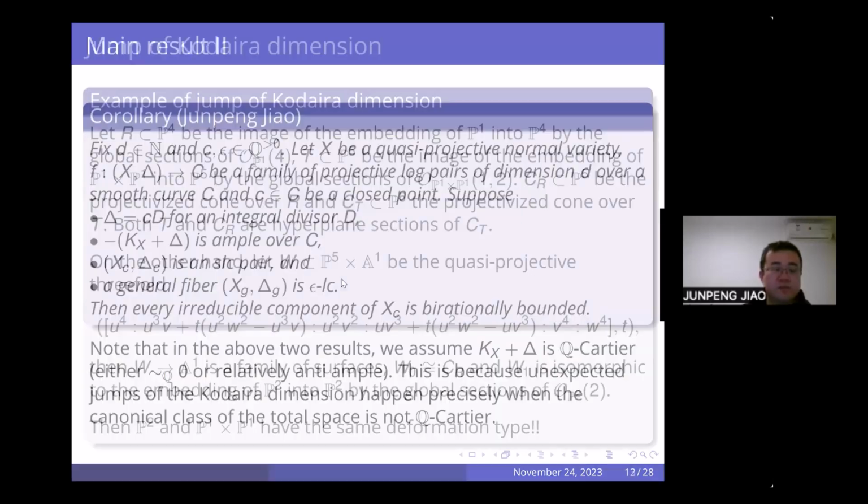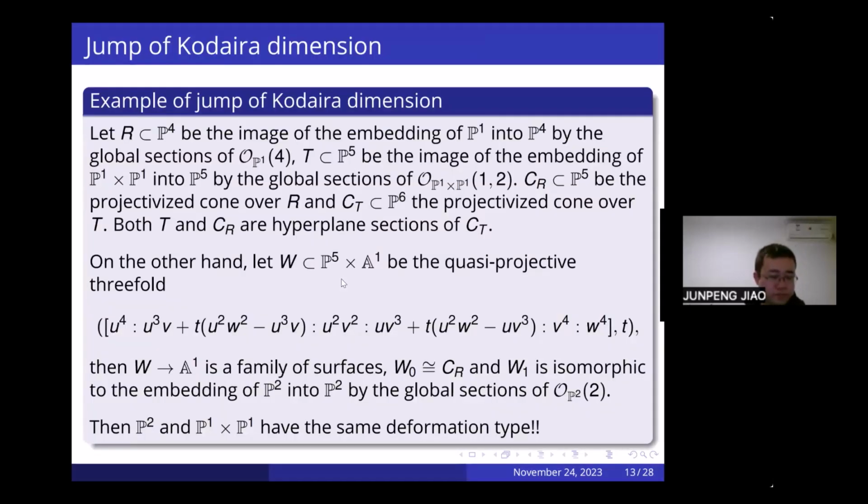Let's see an example. This example shows how we can have a jump of Kodaira dimension. So let R be the image of the embedding of P^1 into P^4 by the global sections of O(4), and let T be the image of the embedding of P^1 × P^1 into P^5 by the global sections. Then one can show that this R is actually a general hyperplane section in